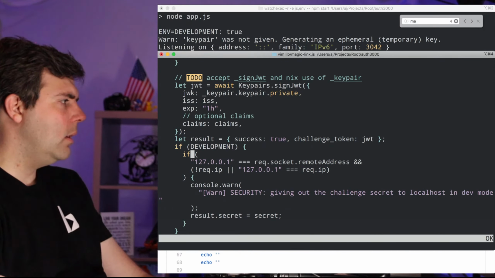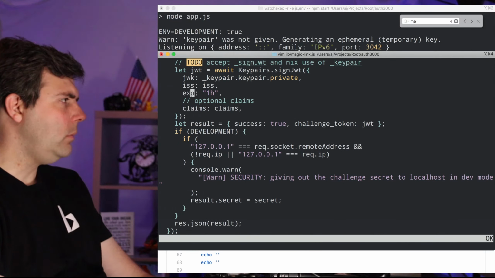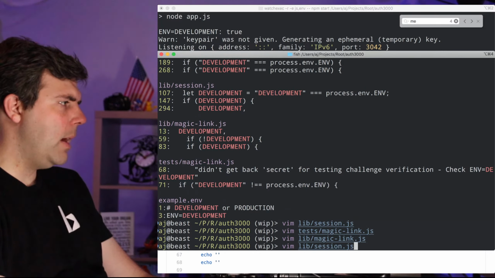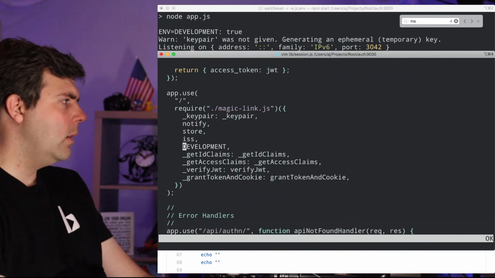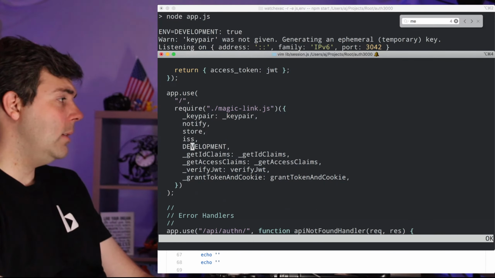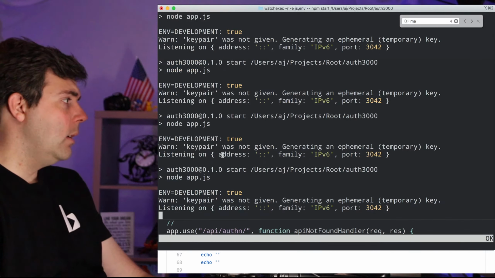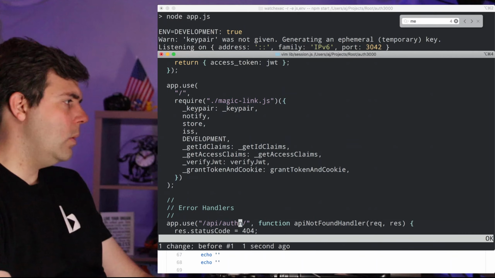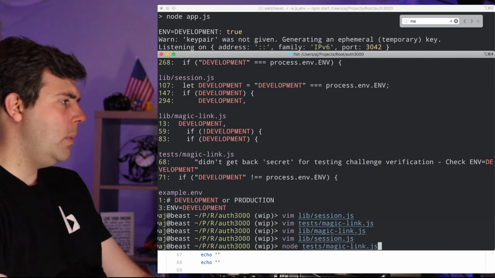If development. All right. Development. Let's make sure that it's being passed in as expected. Development is being passed in as expected. So by all rights, development is true. So we should not be getting